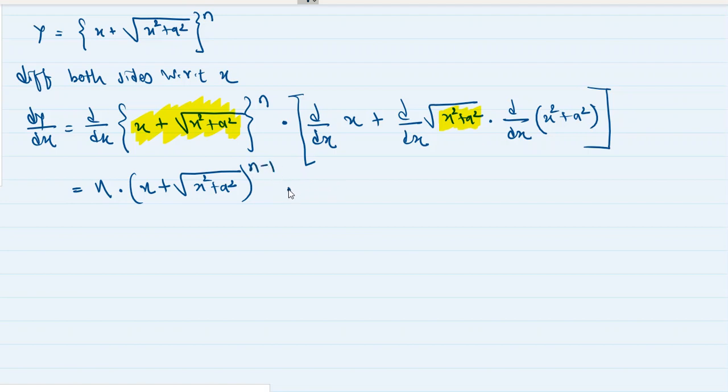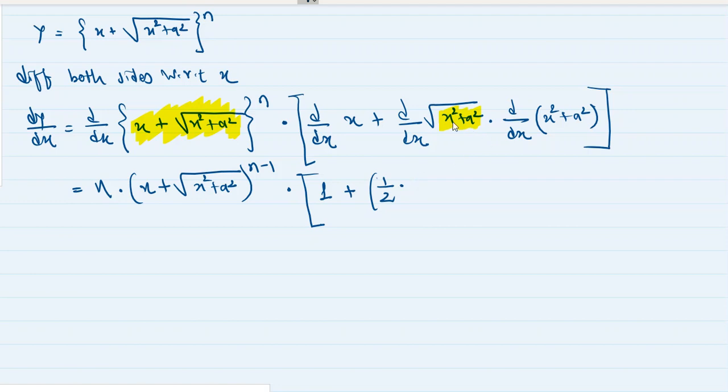ठीक है, multiplied by, ब्रैकेट में d by dx of x is 1 plus d by dx of under root of x square plus a square. अंदर के स्टफ को टच नहीं करना है तो ये रेज टू 1/2 हो जाएगा. तो यहाँ पे मैं लिखूंगा प्लस, लेट मी पुट अ ब्रैकेट, सॉरी, राउंड ब्रैकेट. सो राउंड ब्रैकेट और यहाँ पे आ जाएगा 1/2. फिर यहाँ पे अंडर रूट ऑफ,